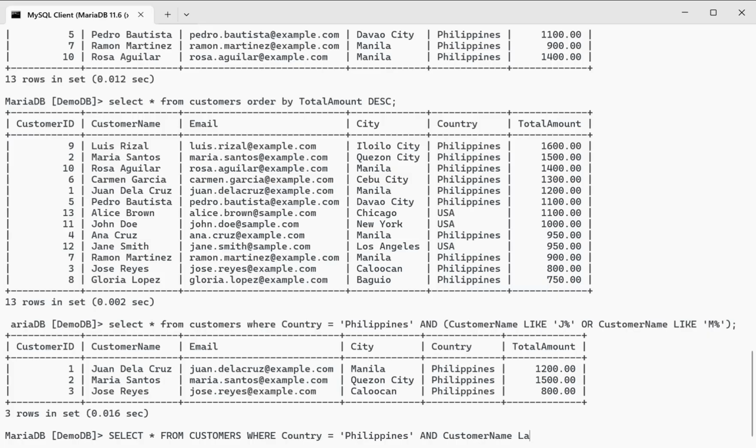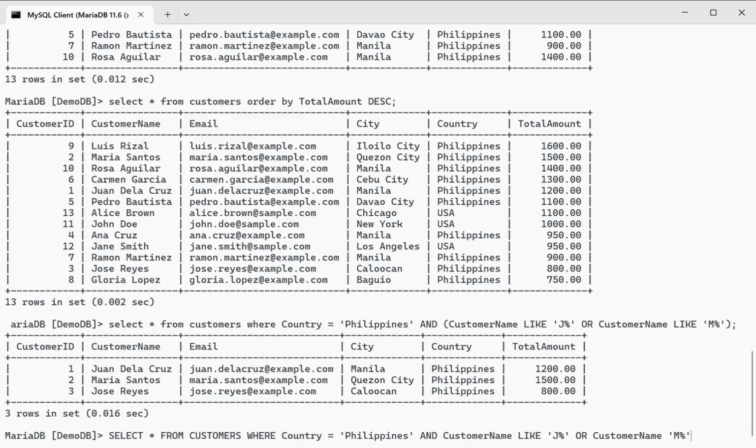And customer name starts with J or customer name starts with